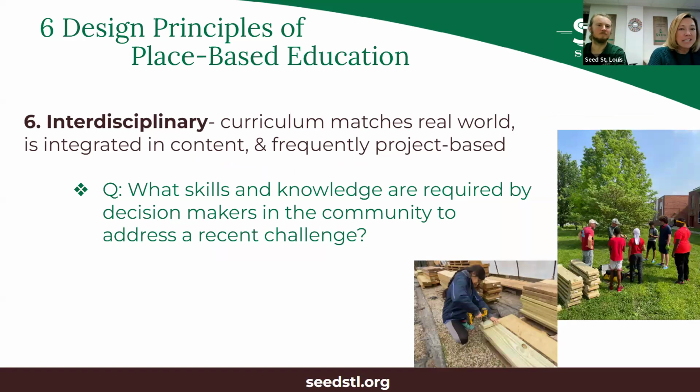And the final principle is that it's interdisciplinary. So the curriculum should match the real world. It should be integrated in the content and frequently project-based. One thing you can ask yourself is what skills and knowledge are required by decision makers in the community in order to address a change. And this question, if students ask this when they're looking for a solution, it can lead to lots of different